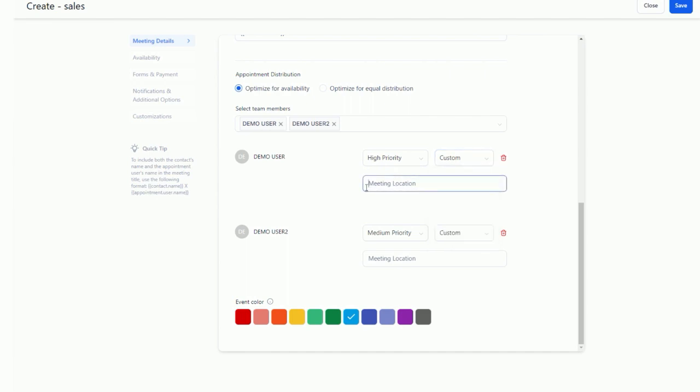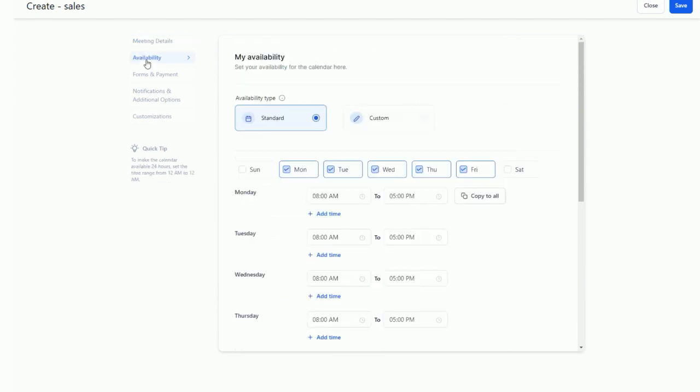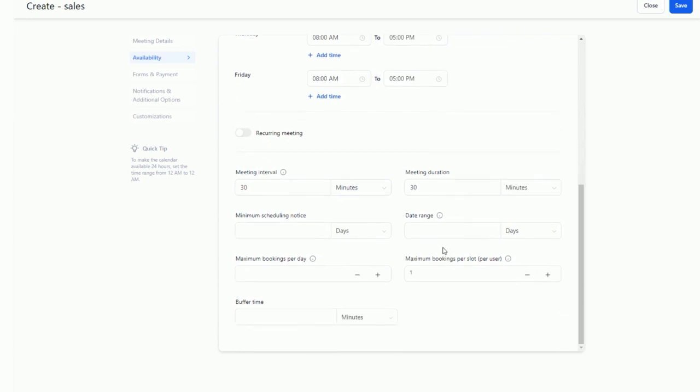And then, of course, you'd want to put the meeting location here as well, if it's a full address, or the phone number that they need to call. And that's your meeting details for the round robin. Availability goes to the same thing, selecting the available time of the calendar, setting it in intervals, durations, how many days do you want to notice, what's the date range available, how far can they book out on the calendar,